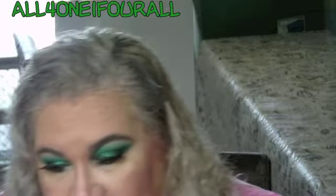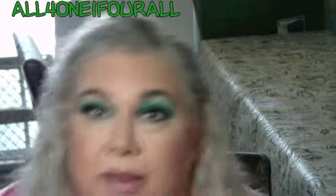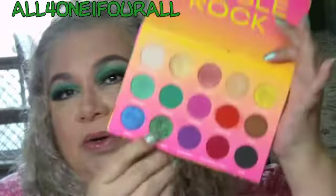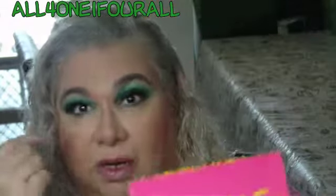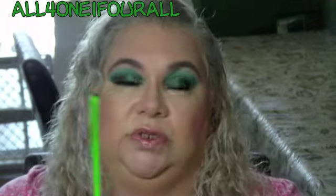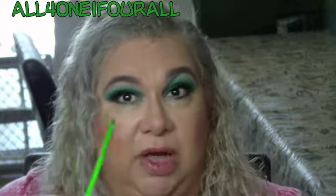Hey everyone, so this is the finished look. I put like a black liner and then put this green on the bottom. That's what I like to use these like brow brushes for, but if they're thin, I could use them for underneath. I also use this for the blush right here